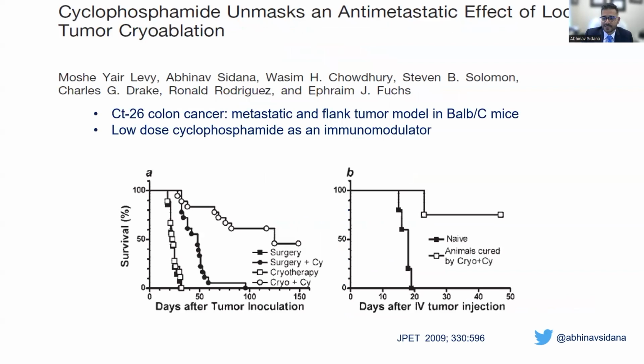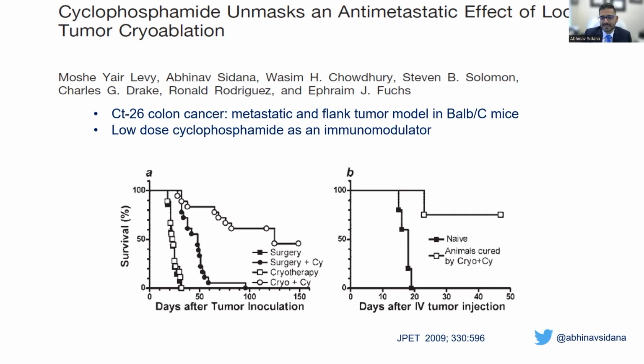When I was at Hopkins, we conducted animal studies evaluating this response in the setting of established metastatic disease. We created a colon cancer model using CT26 cells in BALB/c mice. We injected 1 million cells subcutaneously on the flank to create a flank tumor and injected another 10,000 cells through the tail vein to establish metastatic disease. We divided these mice into 4 cohorts. Half of the mice also got intraperitoneal injection of cyclophosphamide.